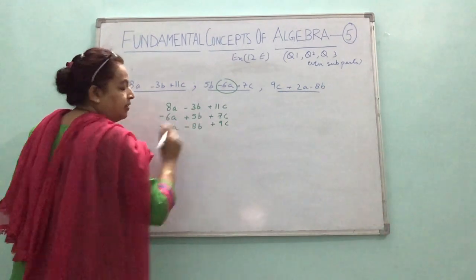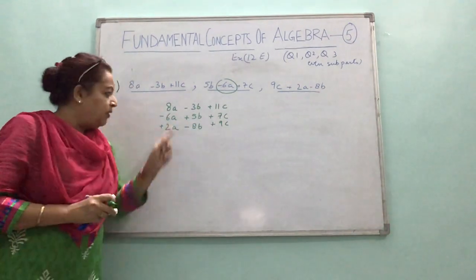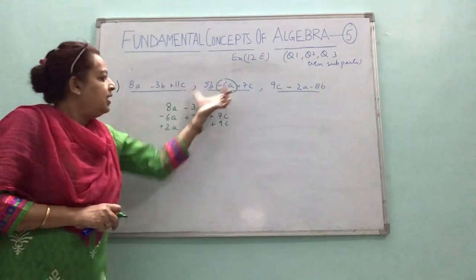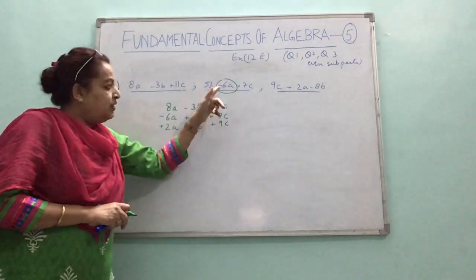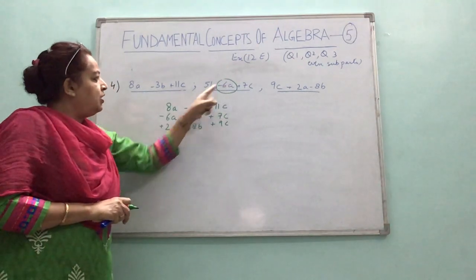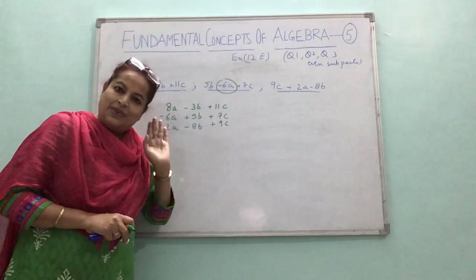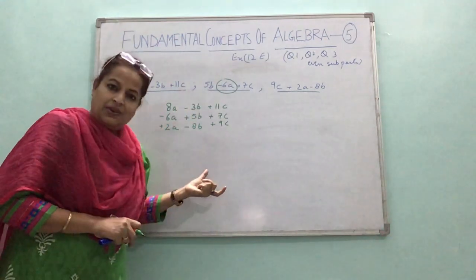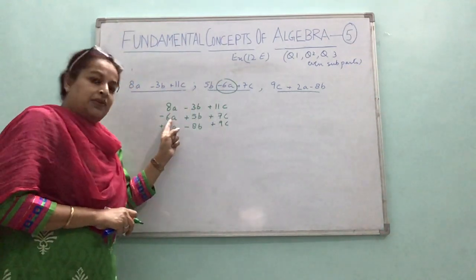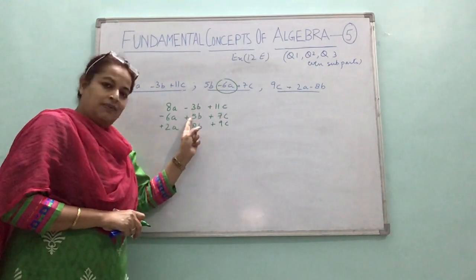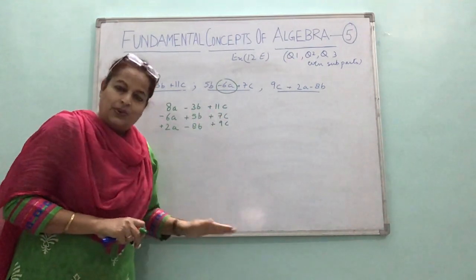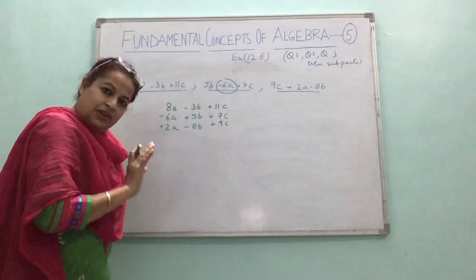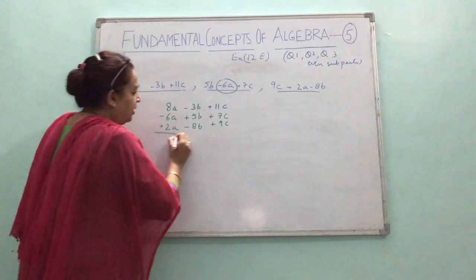This is the rule, children. The term which you copy should be the like term below the like term. Don't just copy without arranging. It should always be the like term below the like term. That is the main rule in this. Don't just start copying one like that only. The a term should be below the a term, b below b, like that. And sign should be put. If there is no sign here, put plus sign, whatever sign is there. And now we will add.